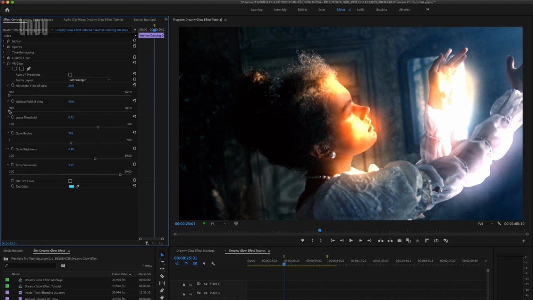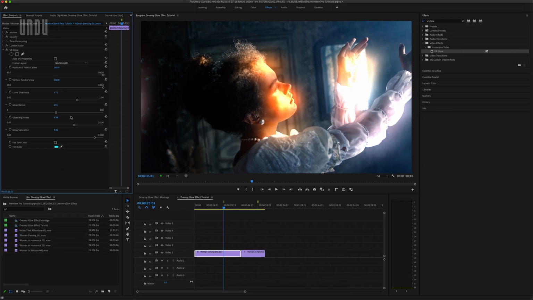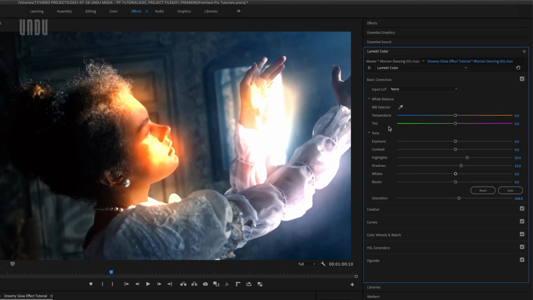So again, you can try different settings here as well, depending on how much you want your glow to bleed out at the edges. And this is definitely one of those types of effects you're going to want to play around with. There's no one set of values I can give you that will work on all footage. It really depends on the color composition of your video and exactly what type of glow you're looking for. And keep in mind, you can also come back to the Lumetri color panel and really dial in your contrast or highlights or saturation to get exactly the look you want.